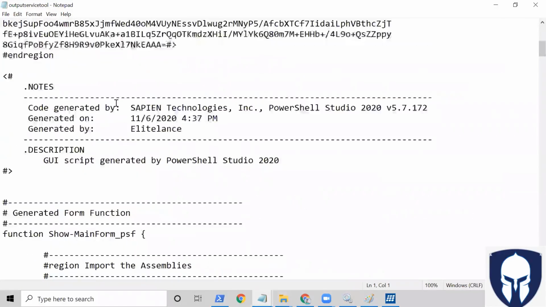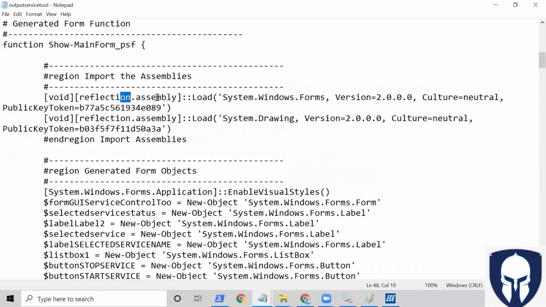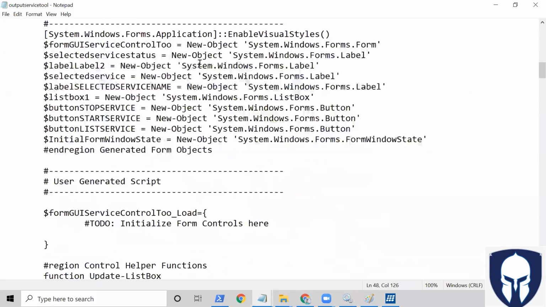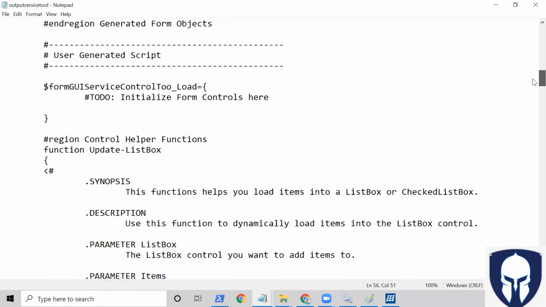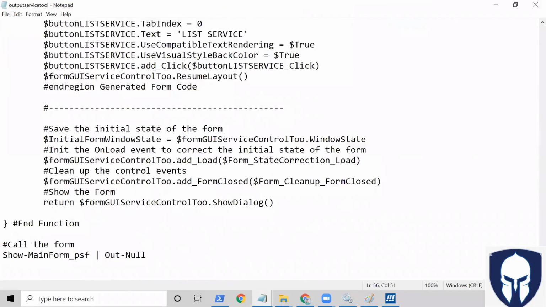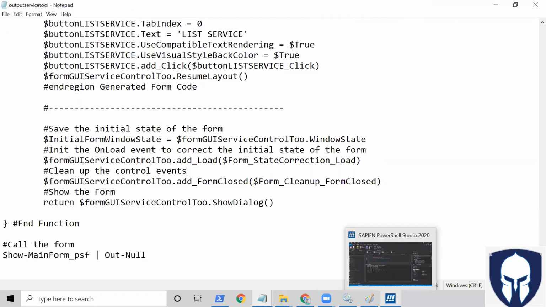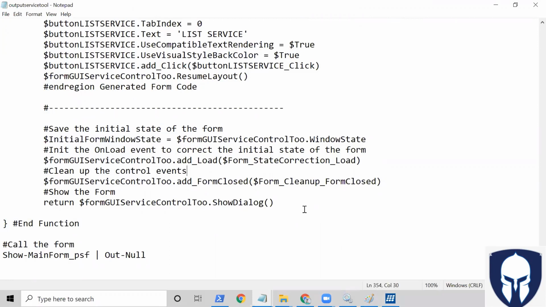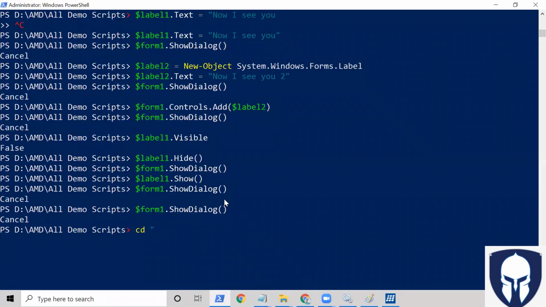What is the entire thing? You see the assembly is loading, and then objects are created, and everything Sapien is doing is converted to a PowerShell script. You don't need Sapien now. This is why I said you can do it in Sapien and export to a PowerShell script. Again, complete everything, make sure everything is done, then export it so that you'll be done before it expires. Then let us go to this particular location